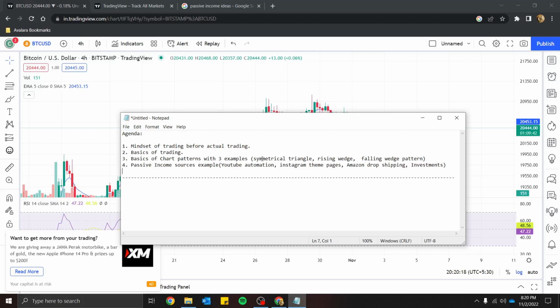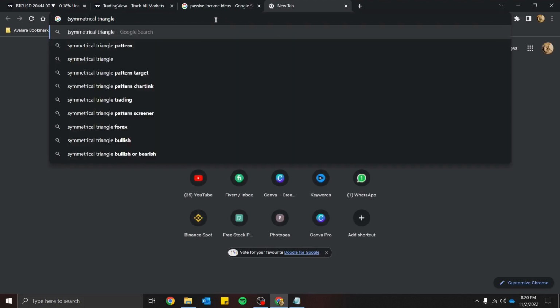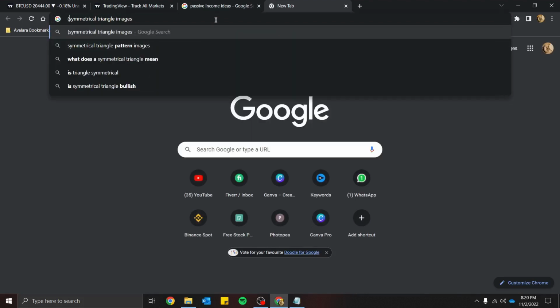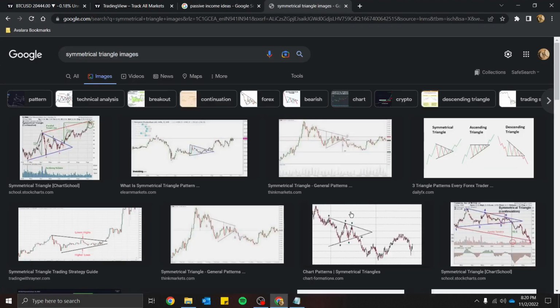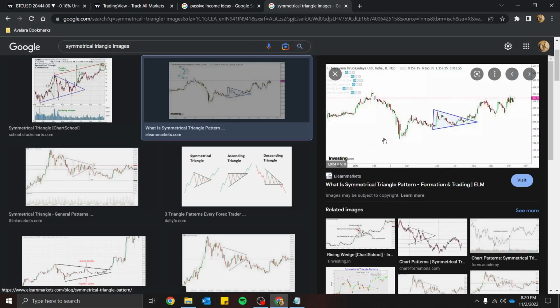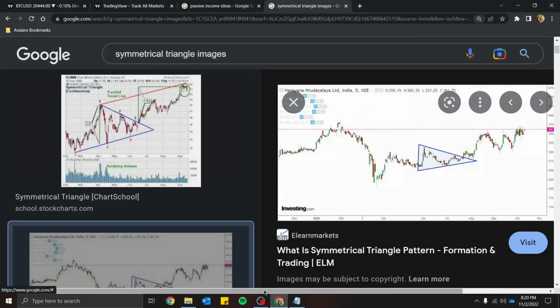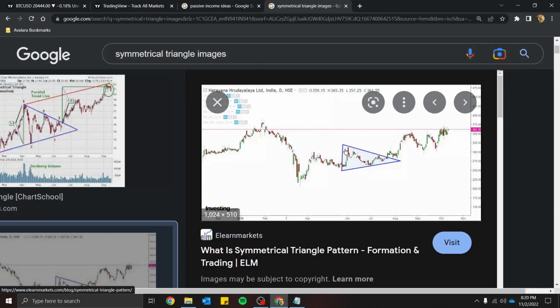Okay, coming back to this, there are several kinds of chart patterns which you may come across during your trading journey. So for example, the symmetrical triangle pattern, so let me consider this for now. Let us move directly to images so that I don't need to draw the weird diagram by hand. Okay, let us take this example. So this is called the symmetrical triangle pattern.